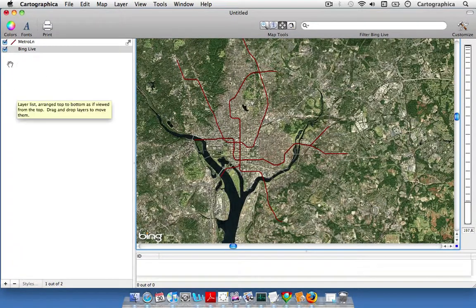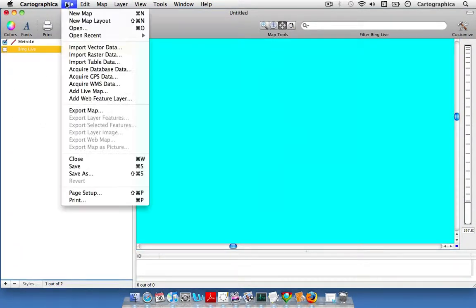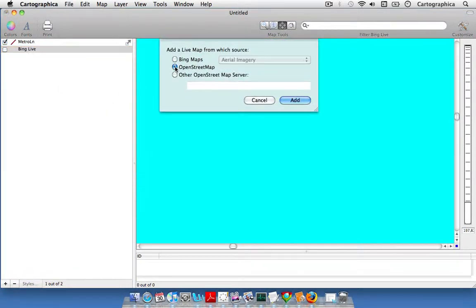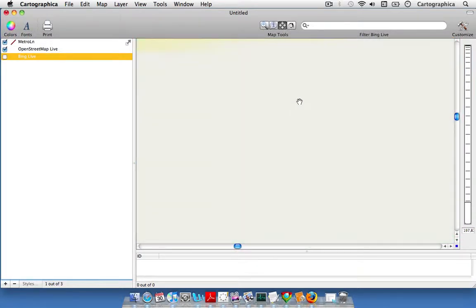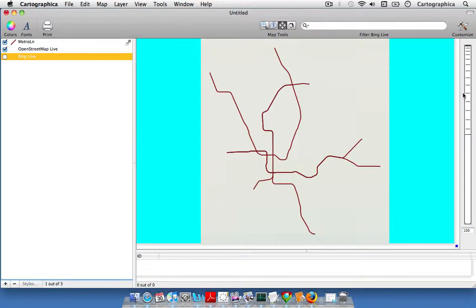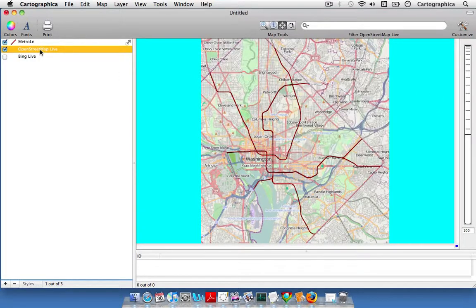So now I'm going to uncheck the Bing map, and then we're going to go to Add Live Map again, and this time we're going to add OpenStreetMap. And we'll just click Add, and then again, you'll see we'll zoom all the way out. Now we're at that full extent of the vector layer for Washington DC, and we have enclosed our box around the vector area, not the whole extent